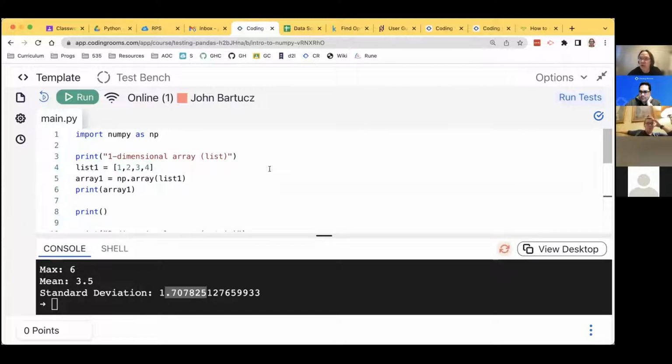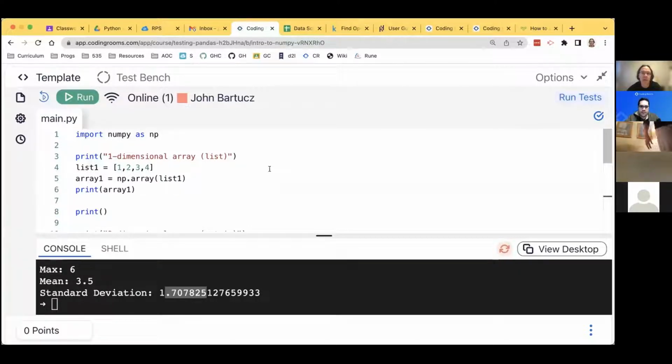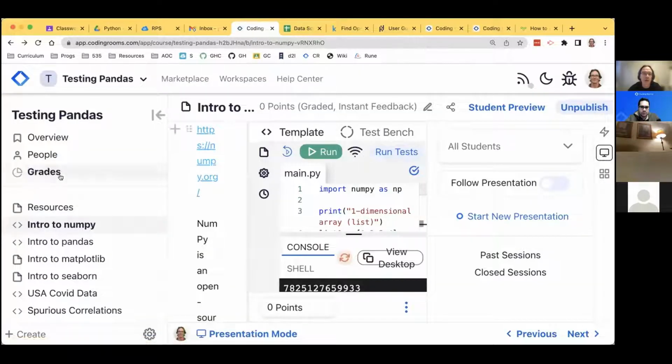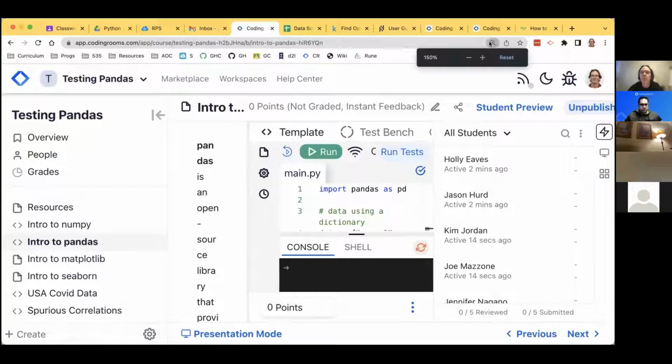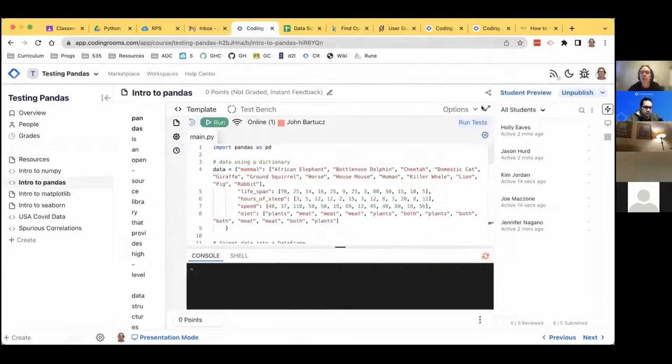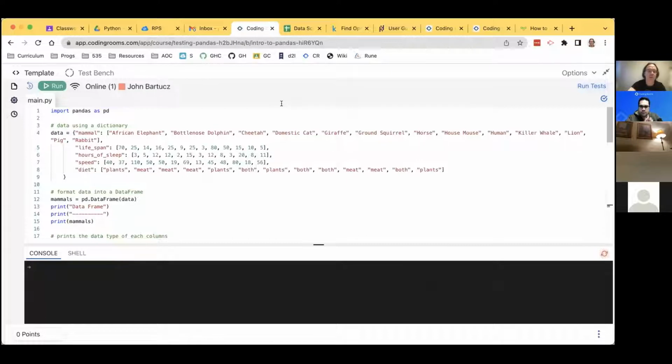We don't use it a lot in data science because, as I mentioned, it is the foundational layer, and it requires a lot of knowledge and a lot of grunt work to use it directly for a lot of things that you want to do in data science. So what we use instead is pandas. So here we have pandas,